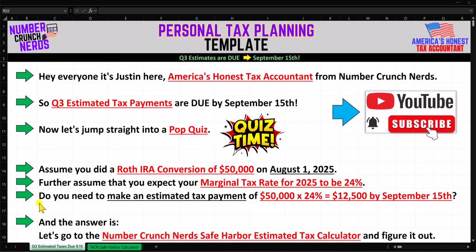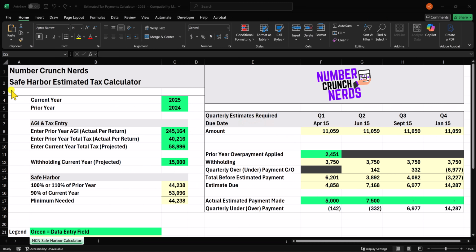So the question is, do you need to make an estimated tax payment specific to this transaction of $50,000 times 24% equals $12,500 of payment by September the 15th? And the answer to that question is, let's go to the Number Crunch Nerds Safe Harbor estimated tax calculator and figure it out. All right, so we're in the Safe Harbor estimated tax calculator,